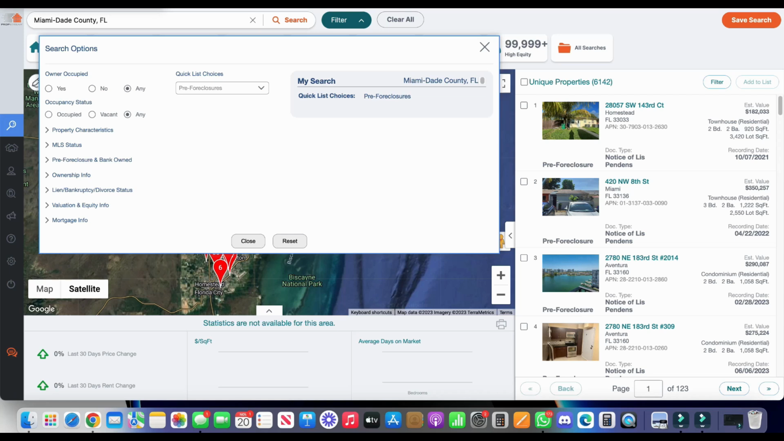Because with pre-foreclosures, that's one of the higher potential motivated sellers. Doesn't mean they're going to always be motivated to sell and sell at the price that makes sense. The only thing you can do is increase the possibility of them being highly motivated to sell at a price where you can make